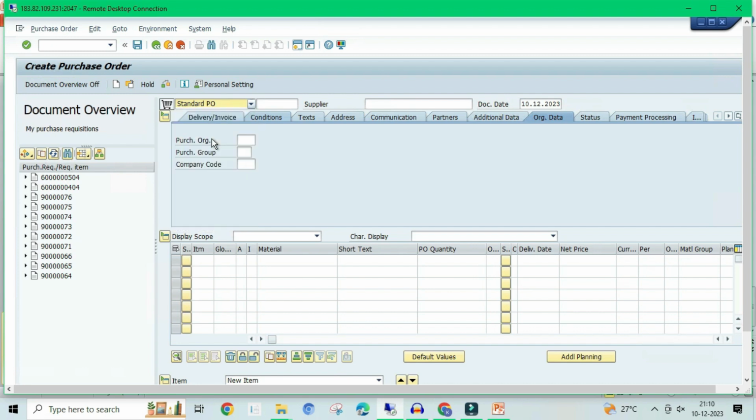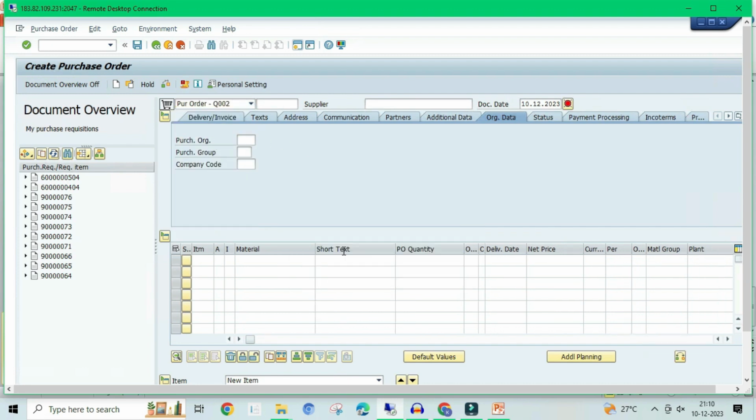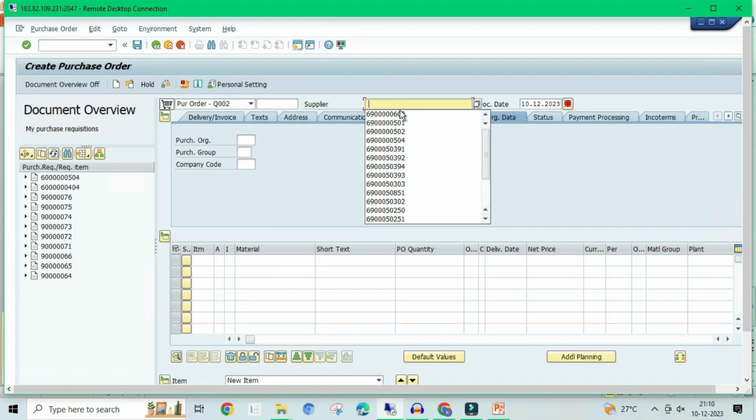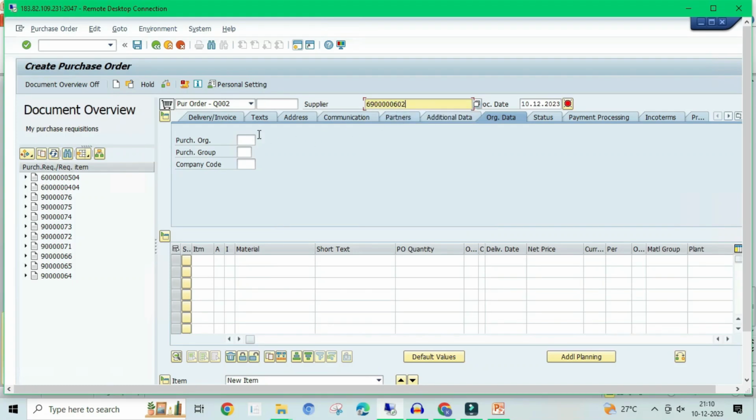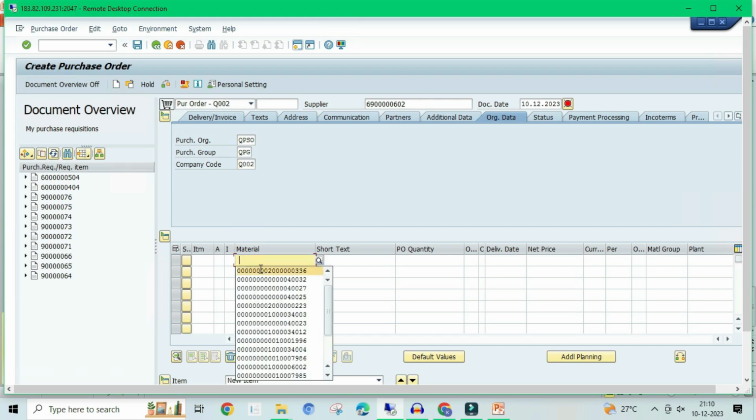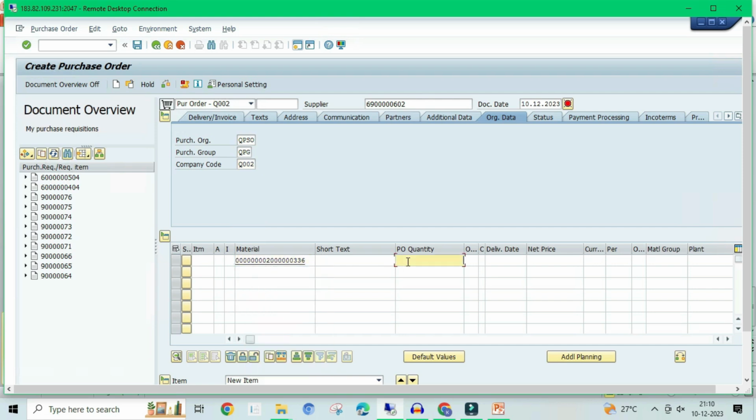Select purchase order document type, enter our purchase order, enter our supplier number, enter our purchase organization, purchasing group, company code. Here we need to select our material and then purchase order quantity,